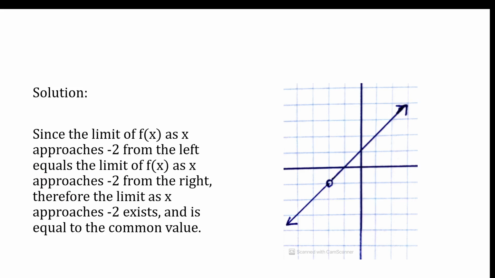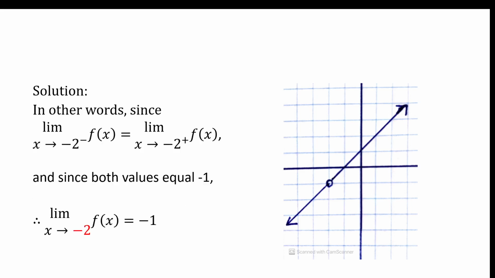So the limit of f of x as x approaches -2 from the left equals the limit of f of x as x approaches -2 from the right. That means the limit as x approaches -2 of the function f of x exists and is equal to that common value. So in other words, since the limit as x goes to -2 from the left,